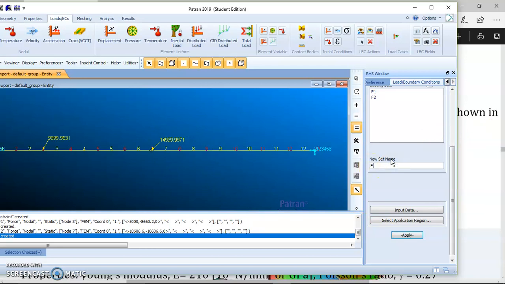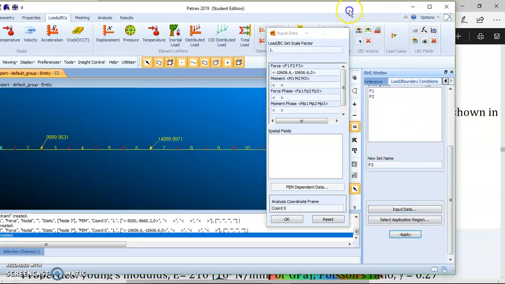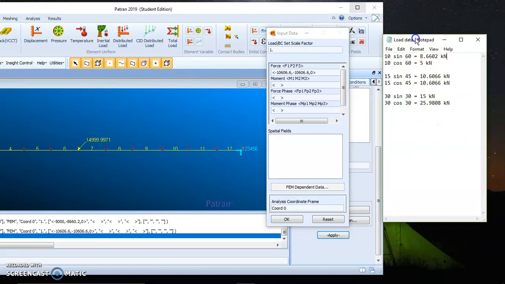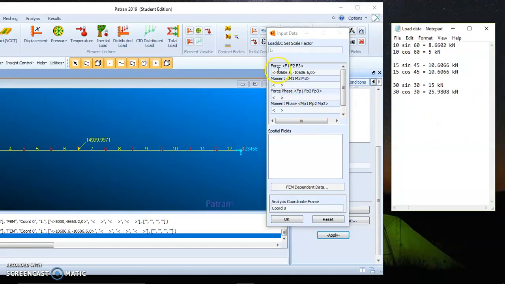Then one more force is available, F3. Input data. I have the values calculated here. The values are 25,980.8 and the second one is 15,000.